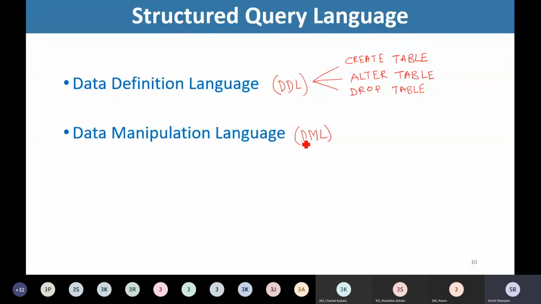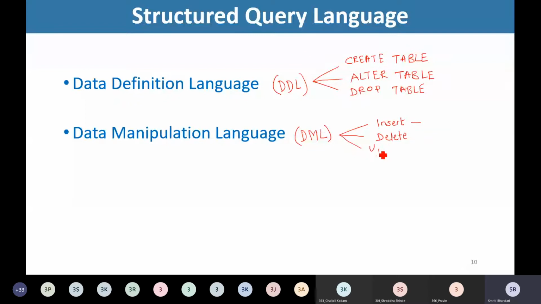Similarly, under data manipulation language, we are going to discuss four important statements. Insert. This will help us to insert a tuple, insert data in a table. Then we are going to look at the delete statement. This will help us to delete a tuple from the relation or the table.